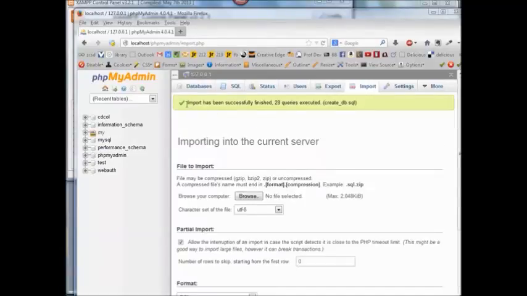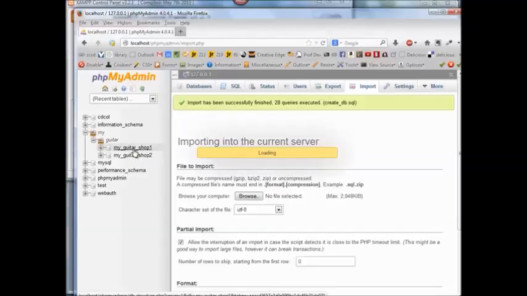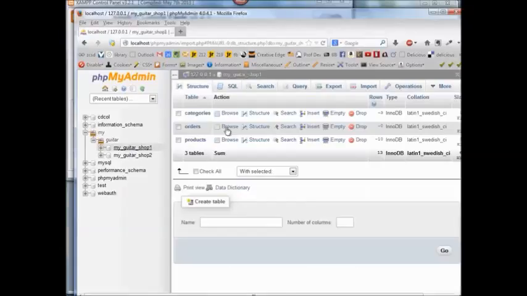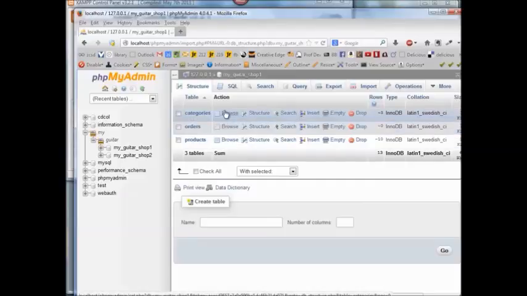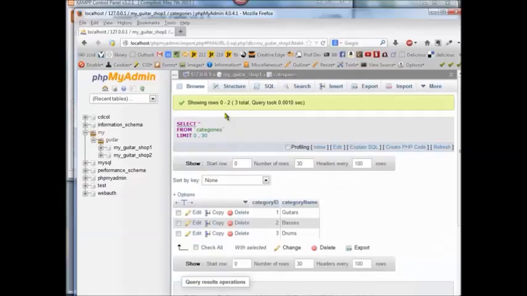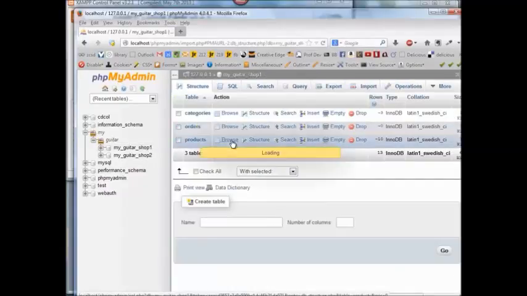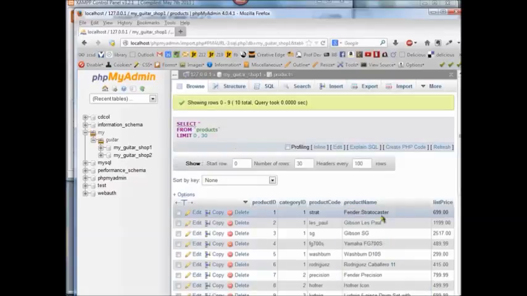I get a little success note up here, and where this is listed is underneath this My. So I've got two databases here, My Guitar Shop 1 and My Guitar Shop 2. If you click on this, you're going to see what's in this database. If I click on Browse, for example, I can see the categories listed. So I have 3 categories with 3 category names, and if I go back I could look at products, and I can see that I have